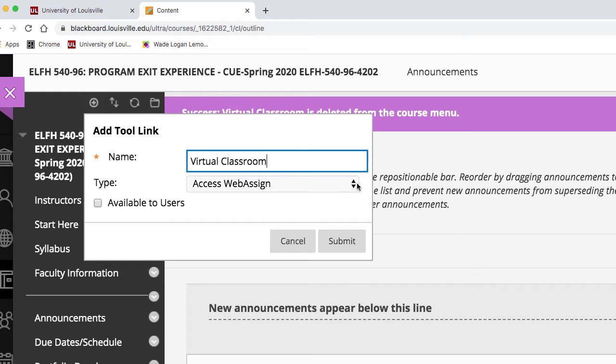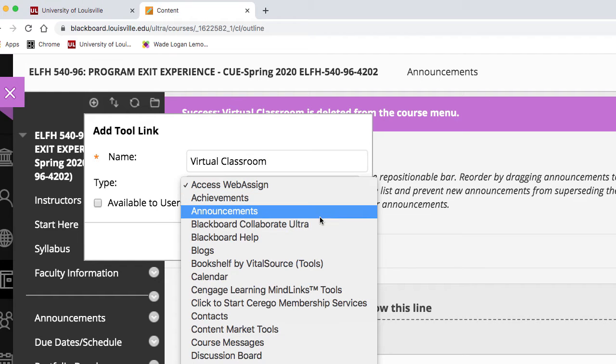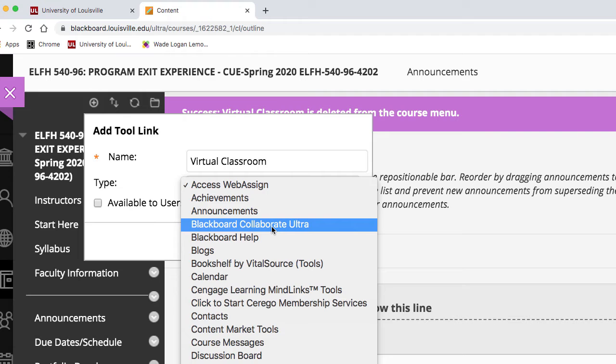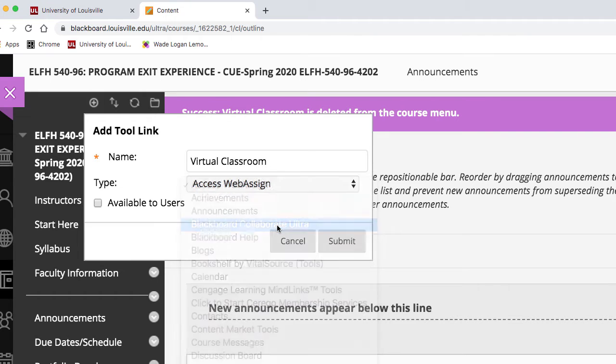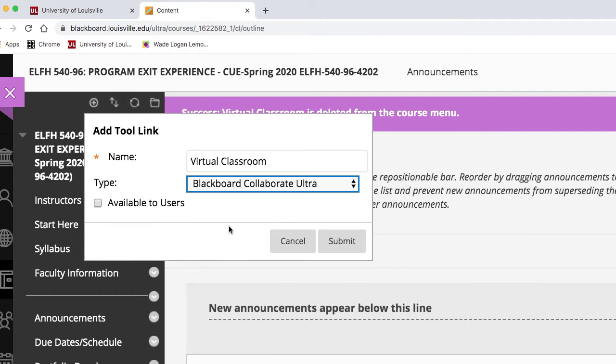Now the next thing to do is to assign it a type. In this case, it will be Blackboard Collaborate Ultra. When you want it to be available to your users, you would select the icon, but I'm not going to do that right now until I finish getting the Collaborate Virtual Classroom set up. So we'll just submit that,